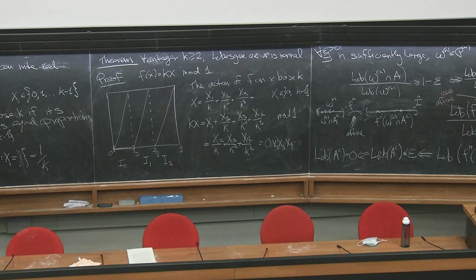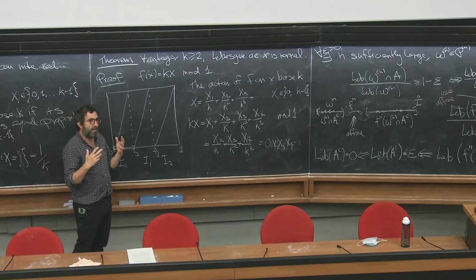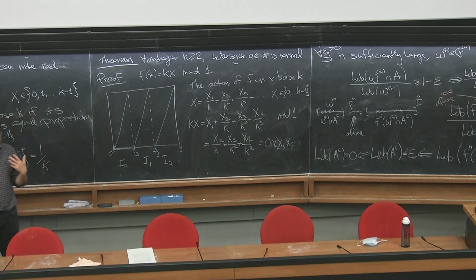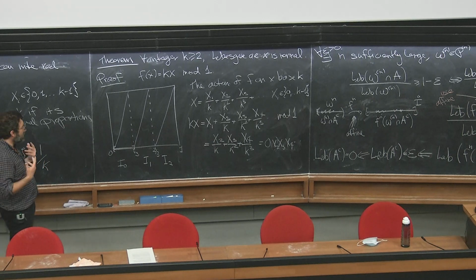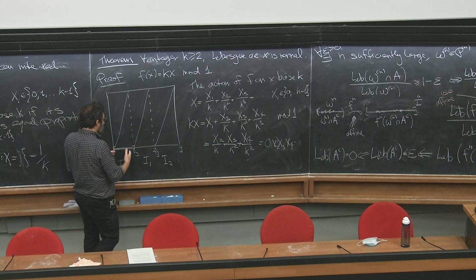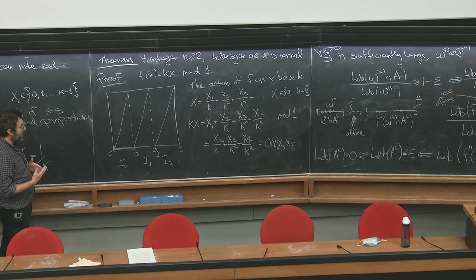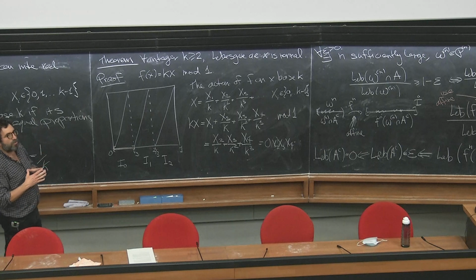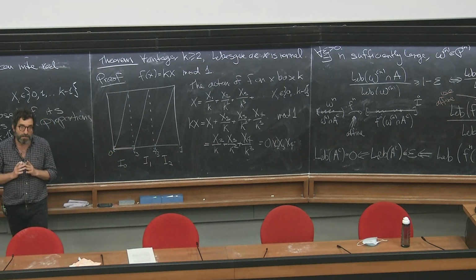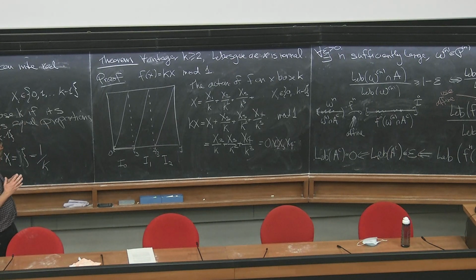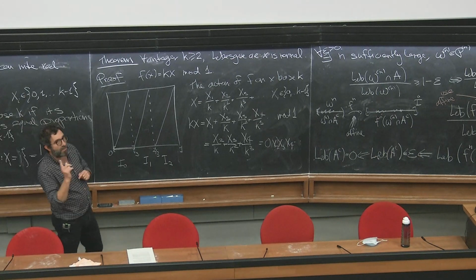Maybe I should have written that, but it's basically a consequence of this. It's not the fundamental corollary, but it's the intuitive picture you should have in mind of what Birkhoff's ergodic theorem says: that the frequency of visits to a set converges to the measure of that set. So why is this an application of the theorem that we just proved? Because we need to prove that the measure is ergodic, not only invariant. Birkhoff's ergodic theorem needs the measure to be ergodic. We've proved that the measure is invariant and ergodic.